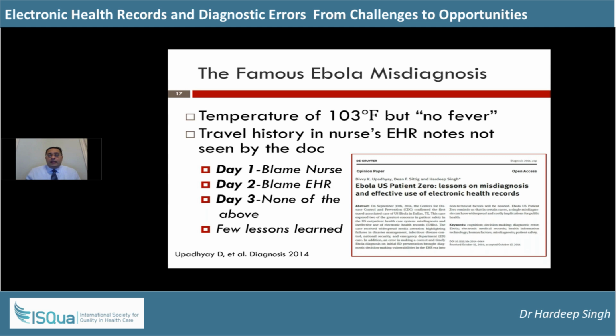On the second day, they thought it was an electronic health record problem. That wasn't true. And on day 3, they finally realized everything was available to everybody, and there was a very complex condition of human error, communication failure, and how the electronic health record sometimes gets in the way in a complex ER environment, in an emergency room where there is a non-linear diagnostic process. There's lots of chaos, lots of interruptions when things can go wrong when you use electronic health records to capture